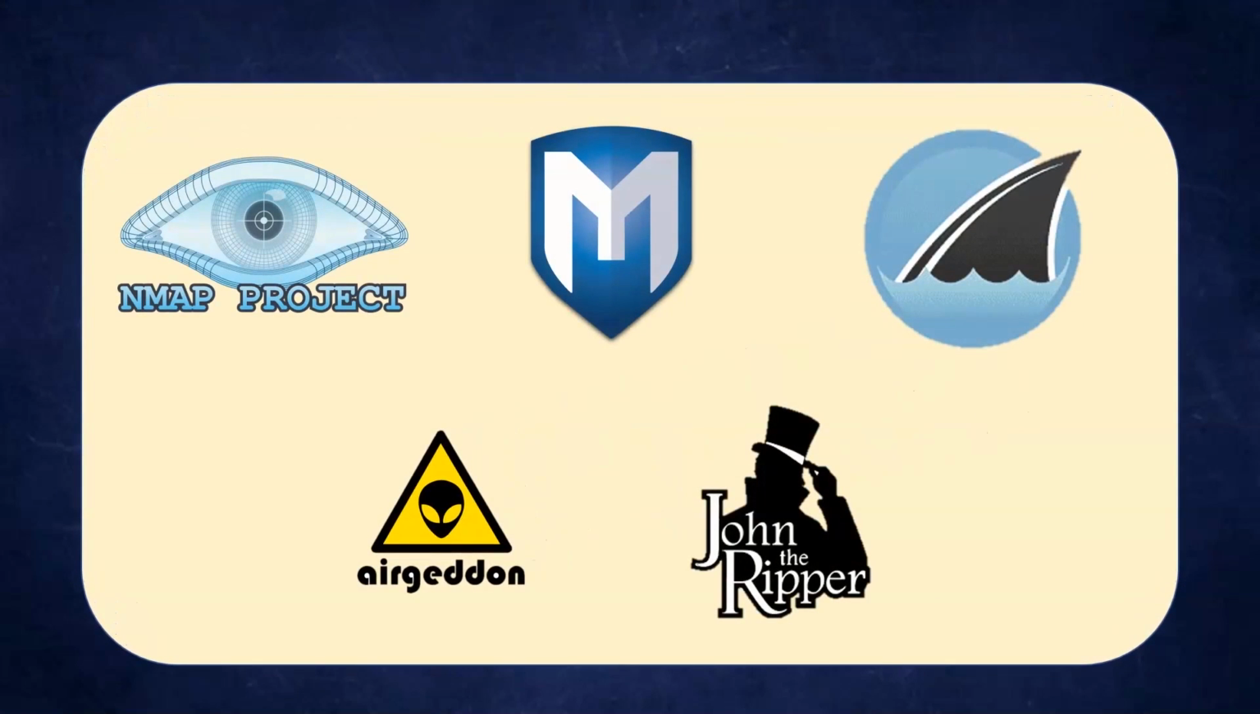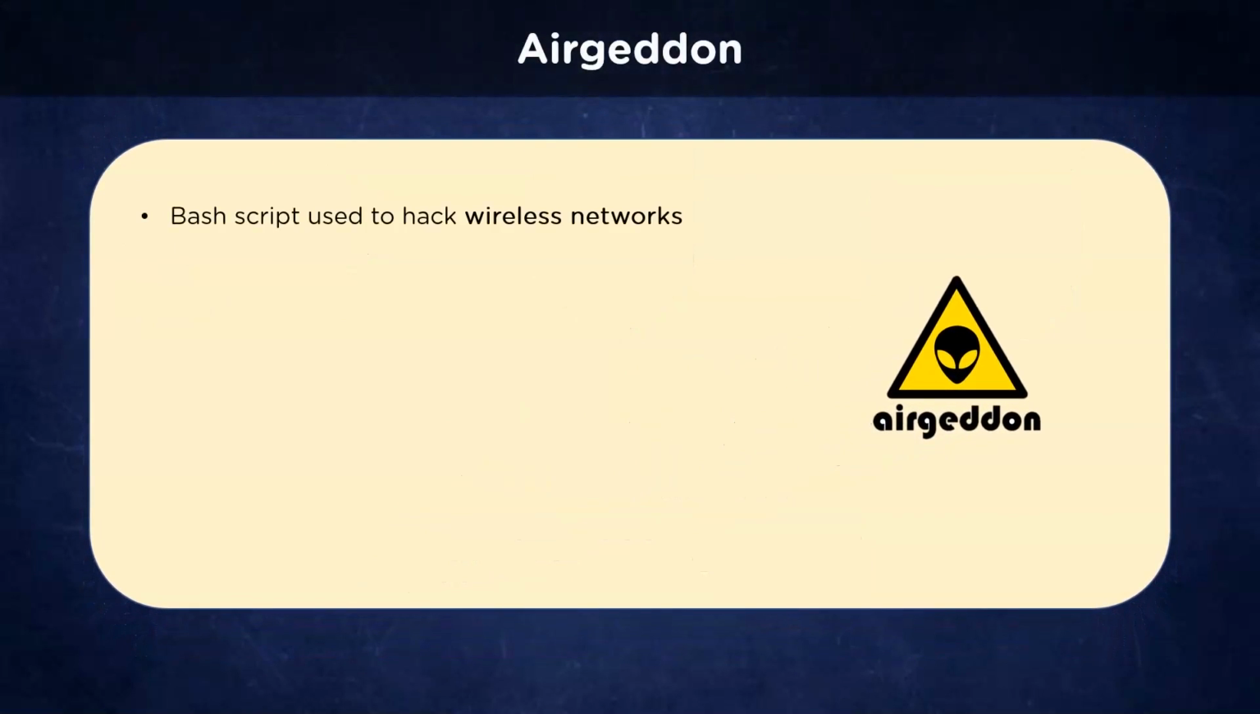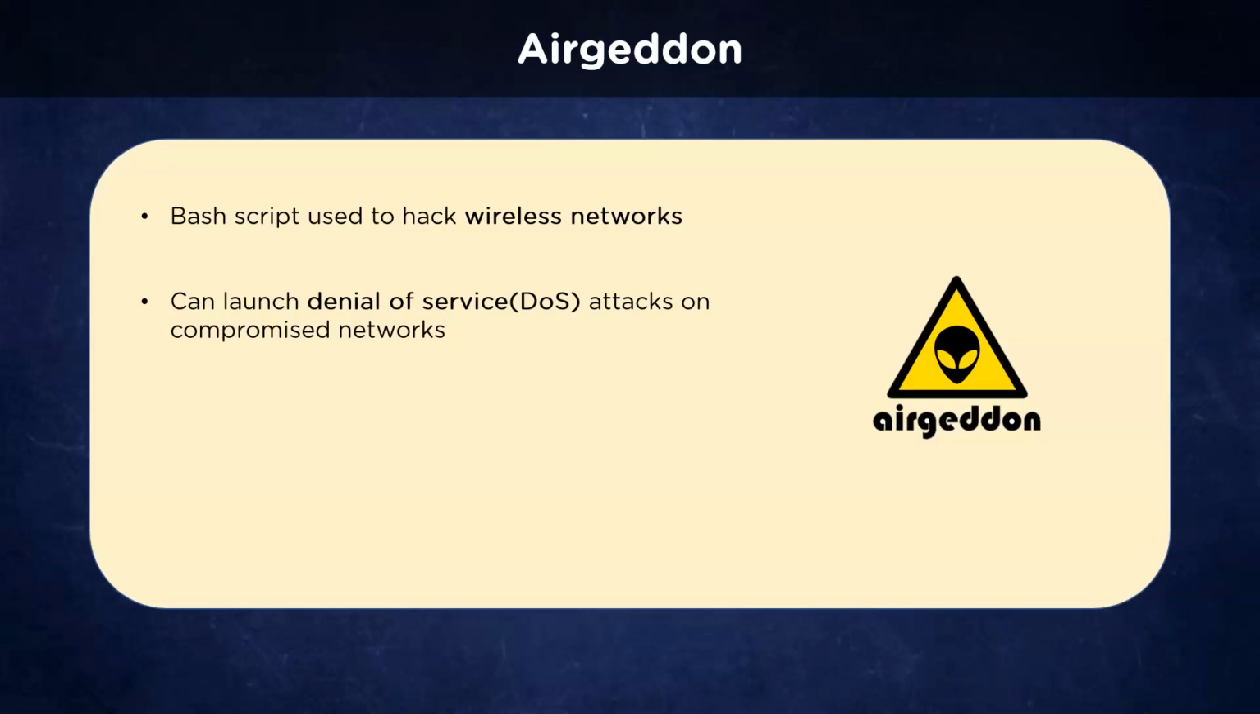The next tool on our list is Airgeddon, which is a part of the third phase of penetration testing. This is a multi-use bash script for Linux systems to hack and audit wireless networks like our everyday Wi-Fi router and its counterparts. Along with being able to launch denial of service attacks on compromised networks, this multipurpose Wi-Fi hacking